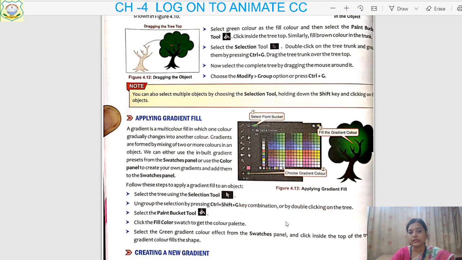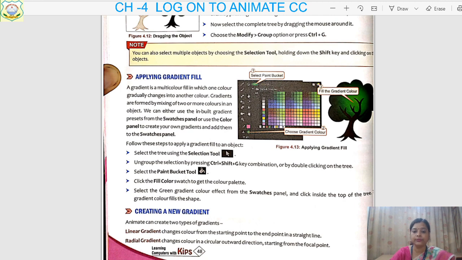Now the next topic is applying gradient fill. What is this, children? Sometimes we see objects having one color only, like our flag. It has three colors but each is a solid color: only white, only green and only saffron. So the colors will be of the same texture throughout. It is not a mixture of more than one color, isn't it?